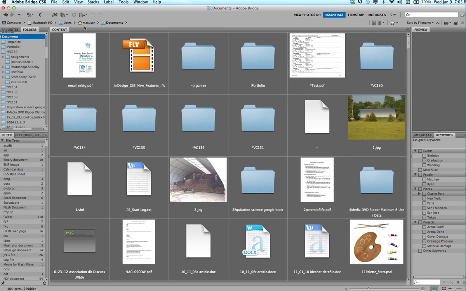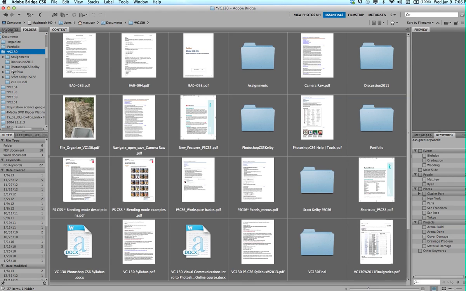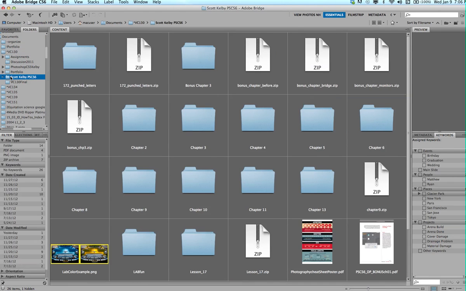Across the top here I have the path bar, and that shows where all the folders are. And then down on the right I have two tabs. One is favorites and one is folders. And I have the folders list selected. Now I've saved all of the Kelby files into a folder in the VC 130 folder on my computer. You can do this for your thumb drive as well if you want. And so what I've done is I've got this folder, Scott Kelby